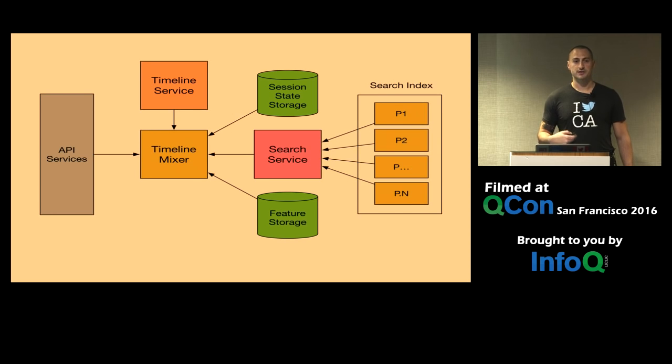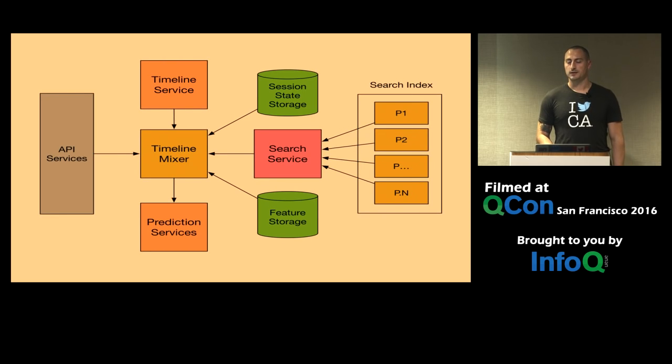It fans in all the results from that operation. It joins it with various state from user session state storage, from feature storage that can be used for ranking. It pulls in the reverse chronological Twitter timeline. It pulls it all back into the timeline mixer. It performs that first pass ranking cutoff. And then with all that joined data, it passes it off to the second layer ranking service, which is our